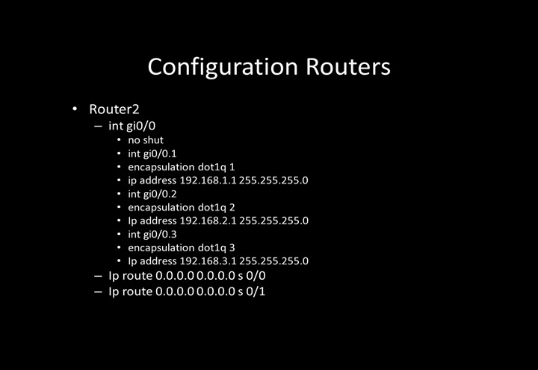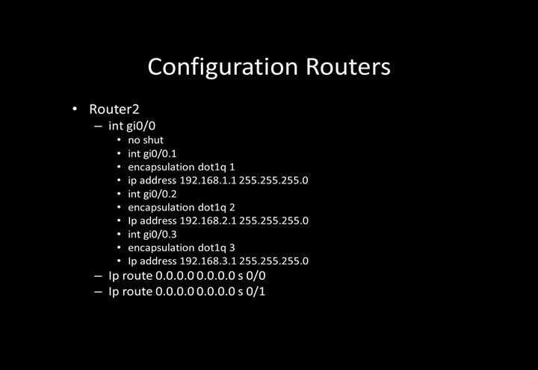And moving on to interface GI0/0.2, again allow encapsulation dot1Q 2. And for this, the IP address is 192.168.2.1. And again, the subnet is the same as before, 255.255.255.0. And finally, interface GI0/0.3 allow the encapsulation for dot1Q 3. And this time the IP address is 192.168.3.1 with the subnet the same again,